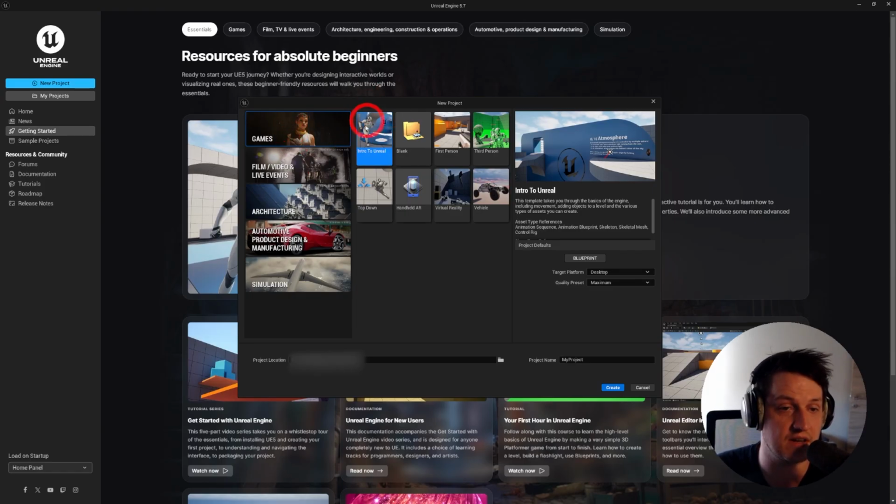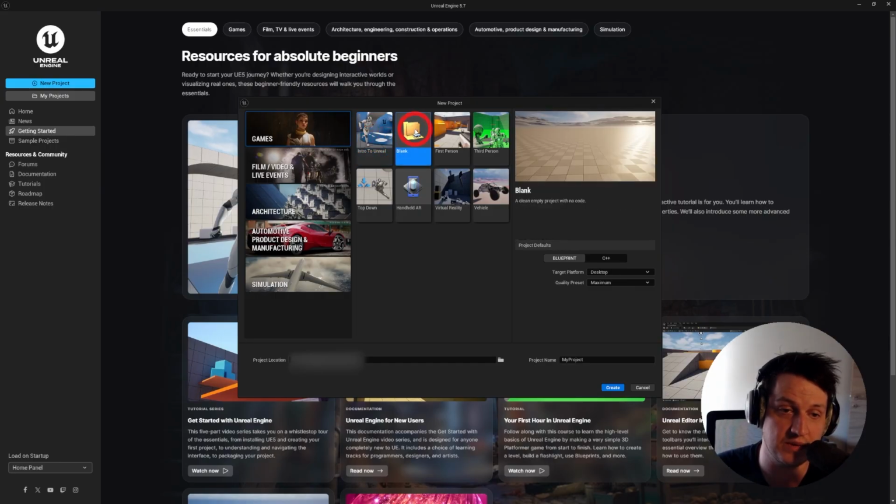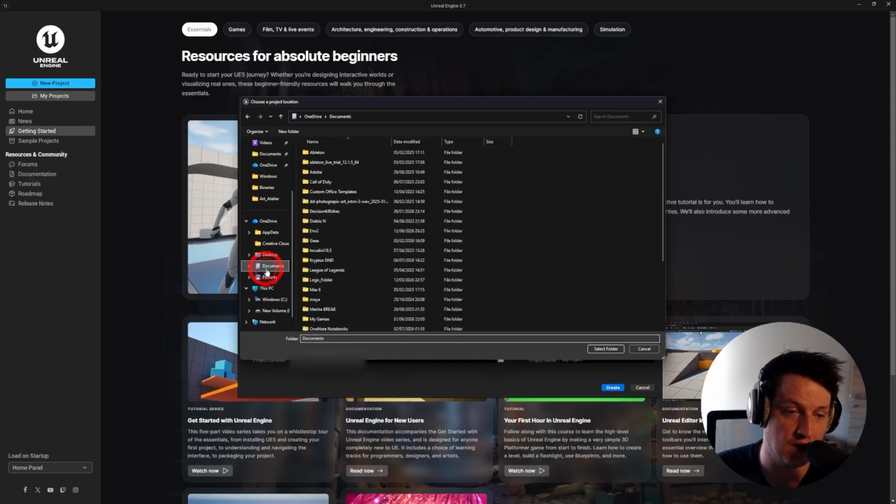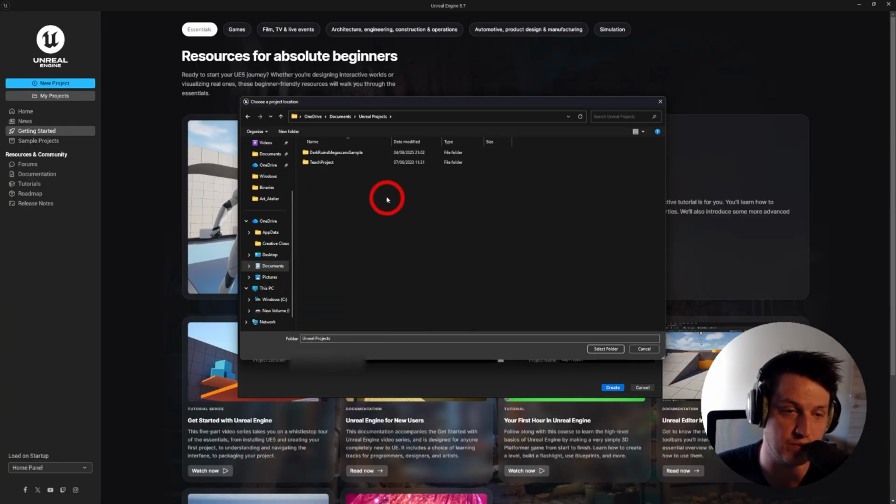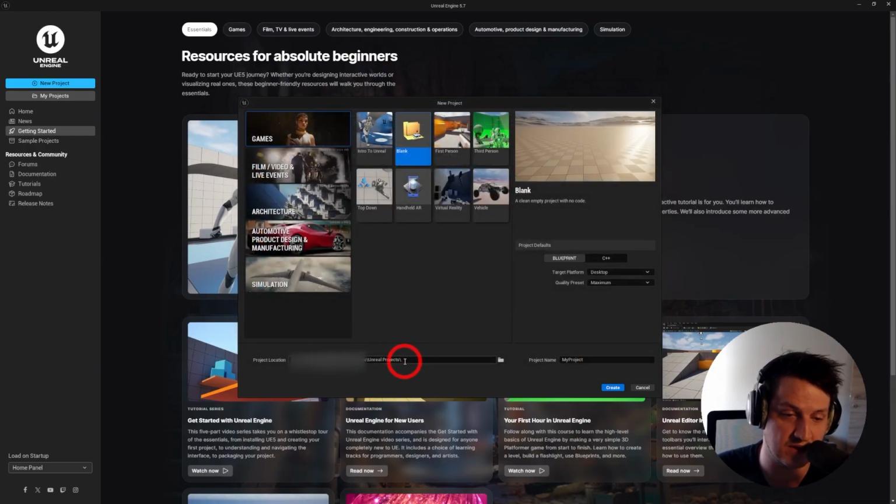We're not gonna click on the intro to Unreal. We're gonna be using a blank project. The less clutter that you have in your project, the better that it will be. So we're gonna go with a blank project. We make sure to select a proper folder. By default, you should be seeing Unreal project somewhere in your documents. But I highly recommend to pick a project folder location